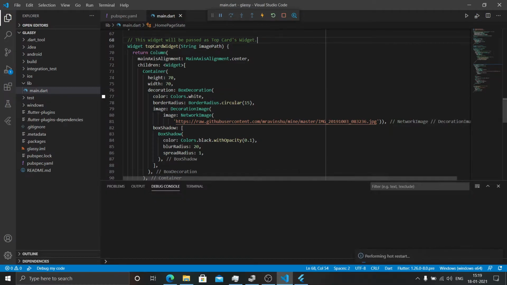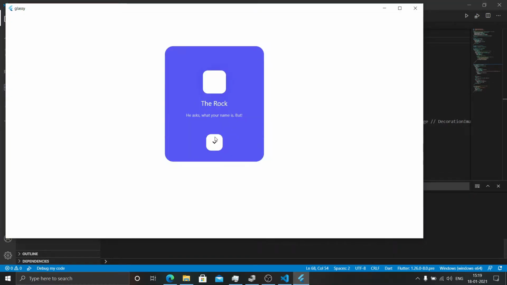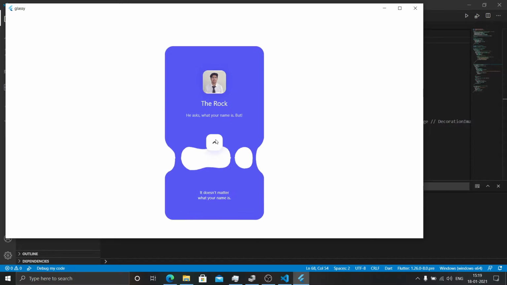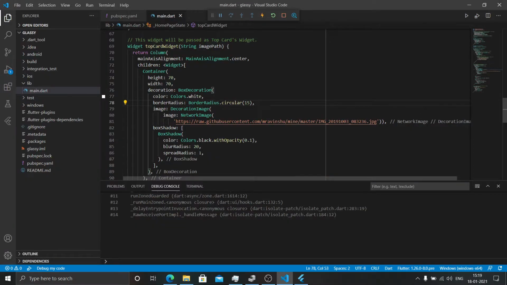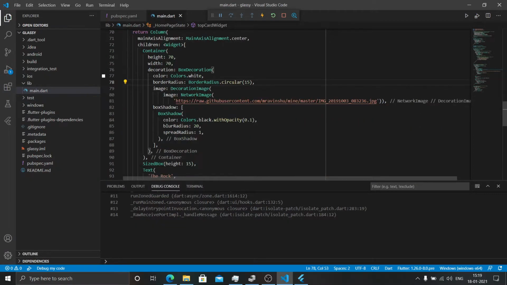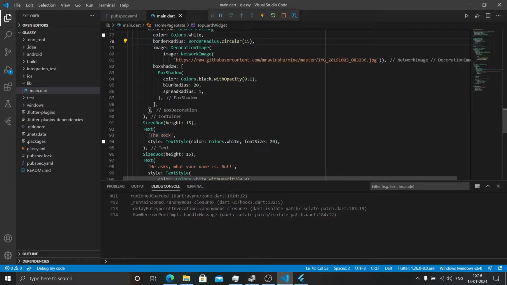There is an error, let me restart it. Yep, great. And see, there I got an image. The next thing, I am obviously not the rock, so let me change the rock to my name. The thing is that we are using it so that there will be a beautiful screen in front of us, and after that something like our projects can be added in the second screen, and there we can add our contact, something like that. Anything we would like, we can add right there.